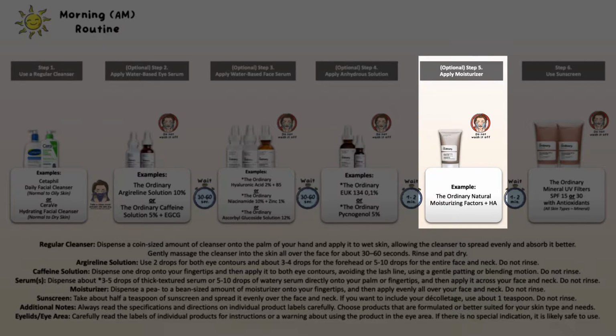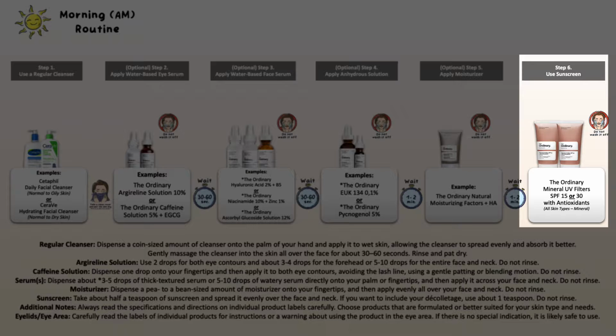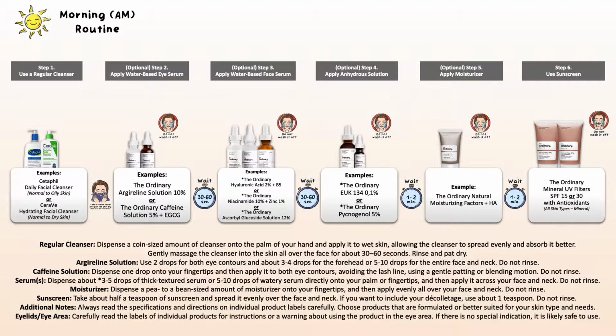And then you're heading into creams. Now this can be the moisturizer before applying your sunscreen if you like to include it, otherwise skip the moisturizer and immediately head into the application of the sunscreen. Nonetheless, your sunscreen is the last step in your morning skincare routine because it helps to protect the skin from the UV rays that can cause damage to the skin. So therefore, this would be the setup that you can follow.